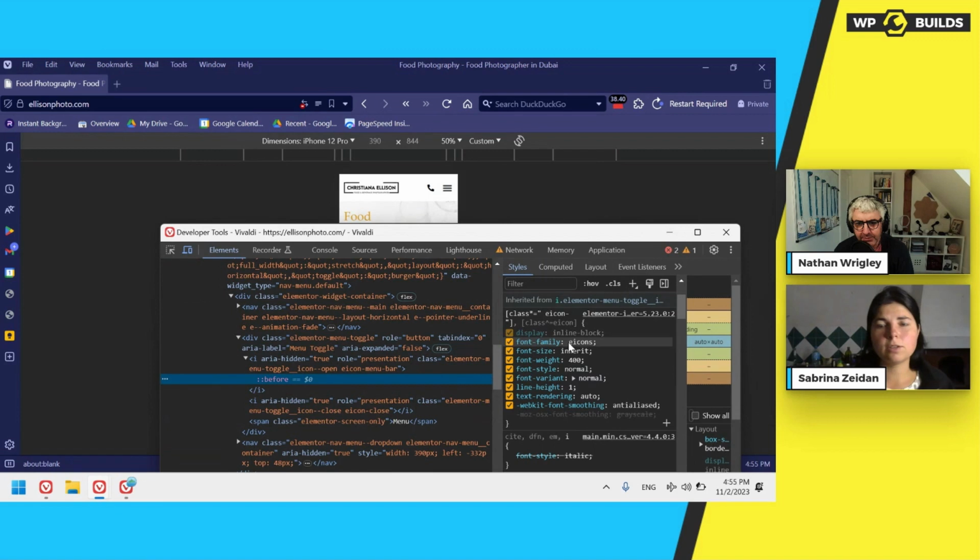Yes, it's icon font that's coming from Elementor that is used. What we can do here,